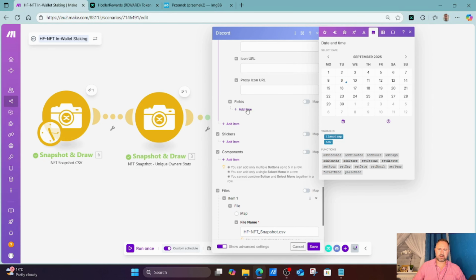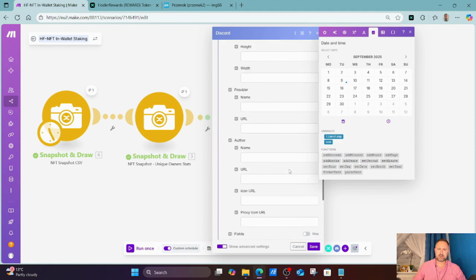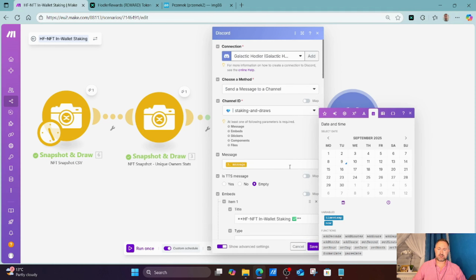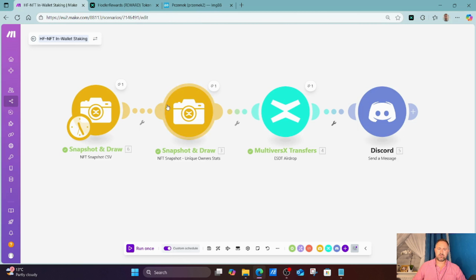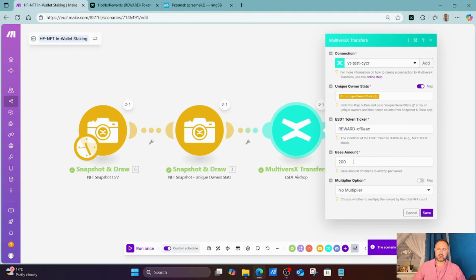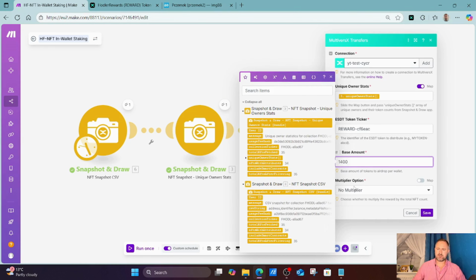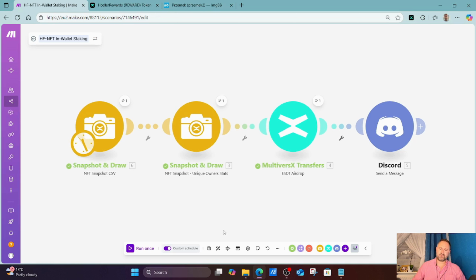We don't need to add extra fields like buttons, no stickers, buttons are here, components. So we don't need that. I think our in-wallet staking system is fully complete now. It's only 4 modules. 3 of them are made from MakeX apps. Let's auto-align it. So it's quite nice. Press save. Let's change the number to 1,400. And let's multiply that by the total count of NFTs. So I think now we are ready to finally test it,